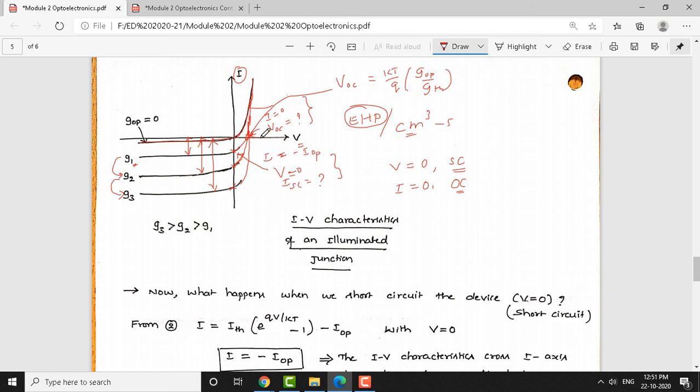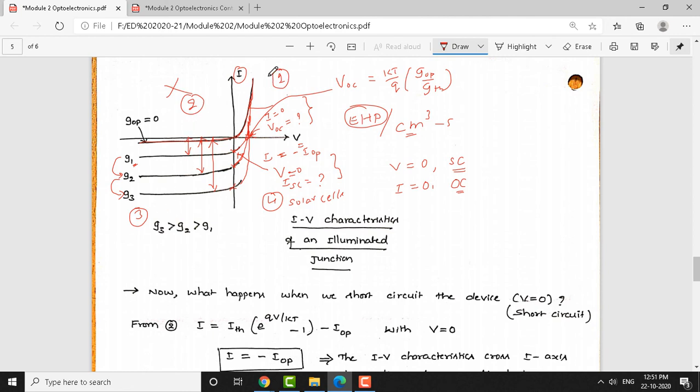I am interested in this 4th quadrant here. The first quadrant can be called forward bias. This is the 2nd quadrant; there are no curves or characteristics falling into this region. In the 3rd quadrant, photodiodes and photodetectors are used, and in the 4th quadrant, solar cells are used. Solar cells, their design and application, their characteristics are this. We ignore the 2nd quadrant because there are no current and voltage values falling into this region.